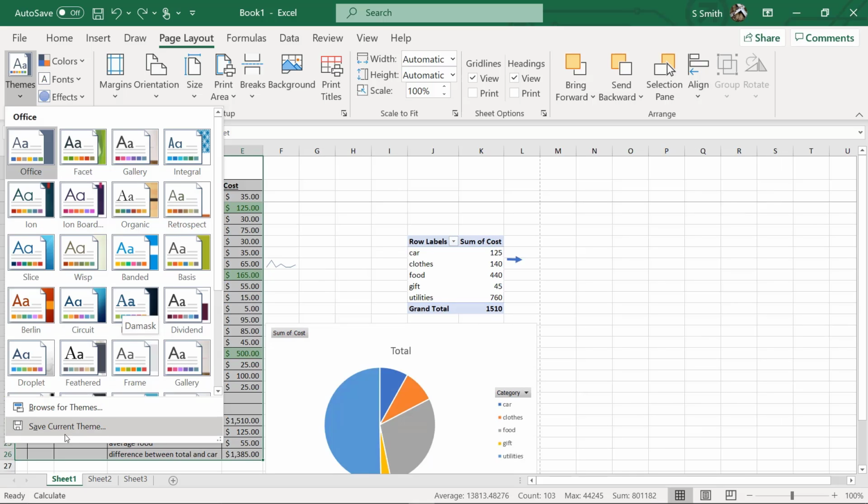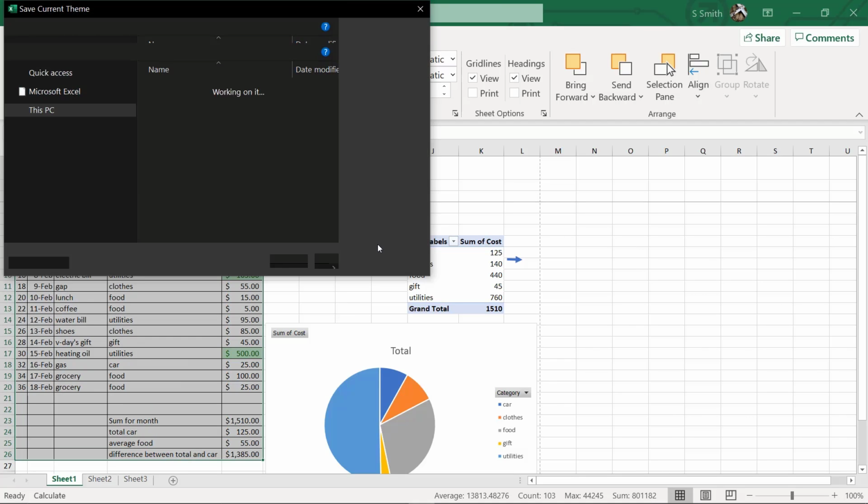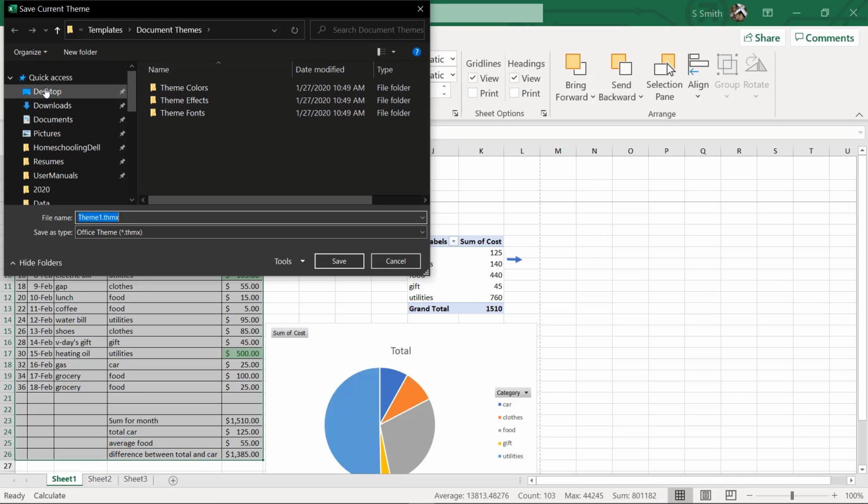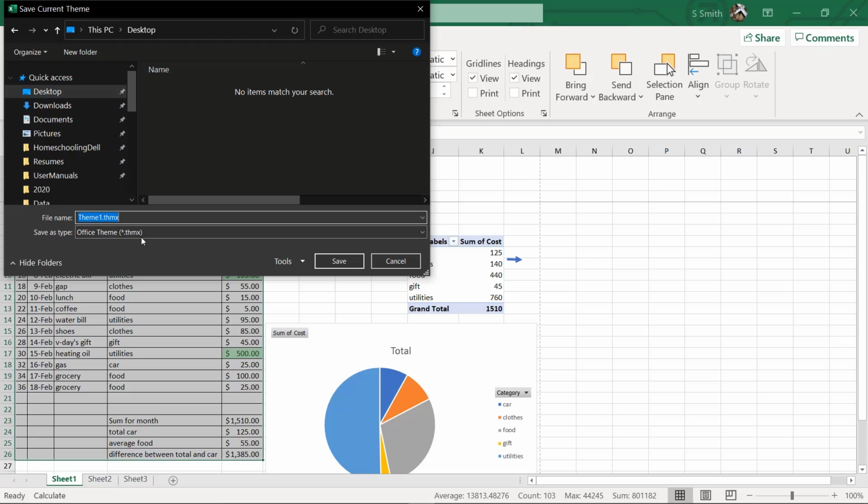I could also save the current theme that I have for future use. Say I liked my green and the colors that were already picked for my charts. I could save that current theme right here. All I have to do is click on it, save it as a name somewhere on my computer. Let's just put it on my desktop and call it theme for tutorial